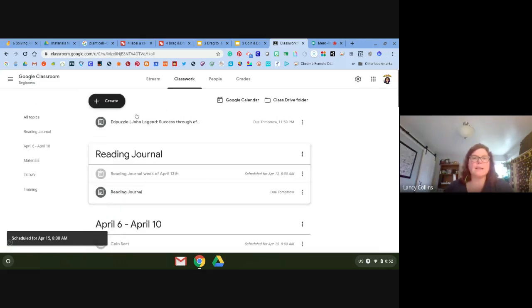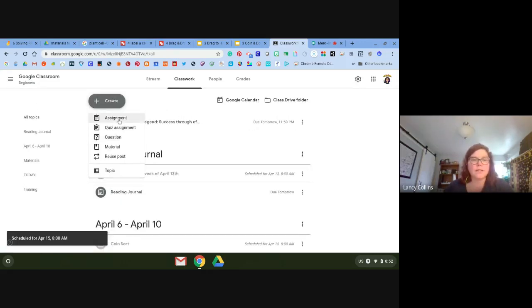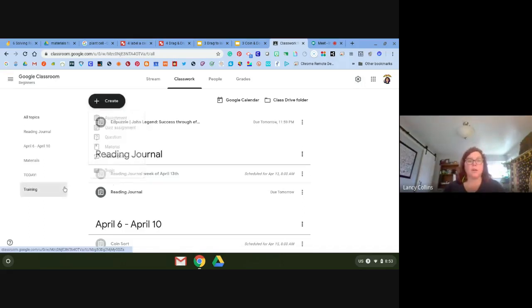Now, some people have asked me, what's the difference? Why do I post things as an assignment? I use two things: assignment and material. Assignment allows me to give the kids something I want them to hand back in. If I am just giving them something that I don't want them to have to turn in, but to use, I use material. So, for example,